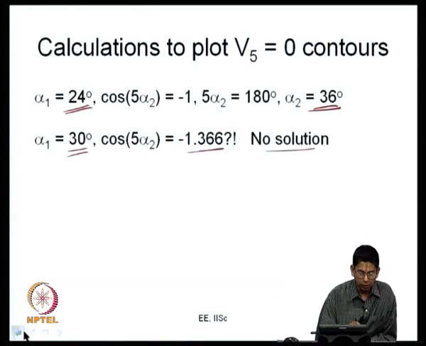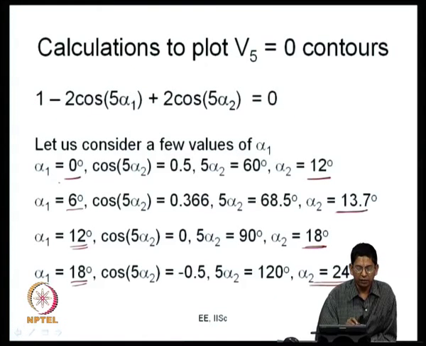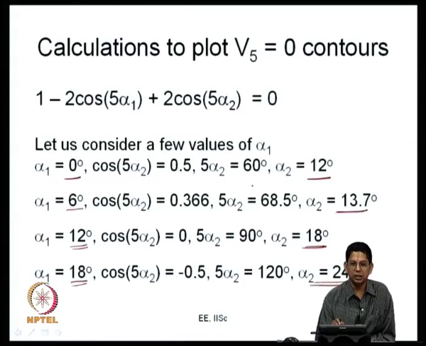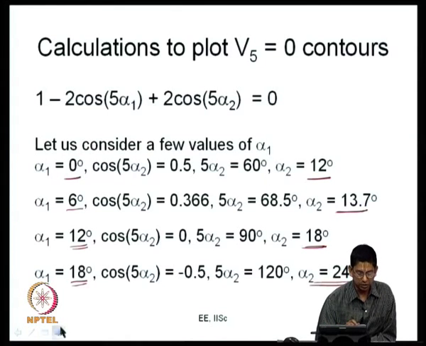So, why have I missed out? One thing is very simple. When I say alpha 1 is equal to 0 and cos 5 alpha 2 is 0.5, it is not that 5 alpha 2 is 60 only, it is only one of the principal solutions there. There are also other solutions here. 5 alpha 2 equal to 60 is not the only solution. 5 alpha 2 equal to 300 is also a solution. So, 5 alpha 2 equal to 420 is also a solution. I have mentioned this before, but I just want to state this again. So, you get these things here. So, when you say 5 alpha 2 is, instead of 60, 300 degrees, then 300 by 5 is 60 degrees.